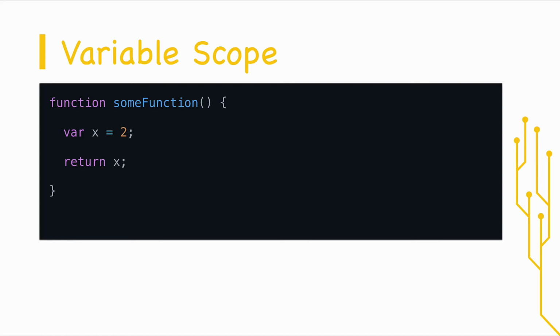Now in this case, we declared that variable x inside the function. However, what if we try to access that variable outside the function? As you can see here, if we try to refer to the variable x outside the function, we can't do that. We get a reference error instead. So whenever we type in x, we get a reference error, and that is because x is not defined or available outside the function. You see, in JavaScript, variables are what is called function scoped, which means they're scoped to whatever function they're declared in. And if a variable is declared inside that function, then that variable is only available inside the function